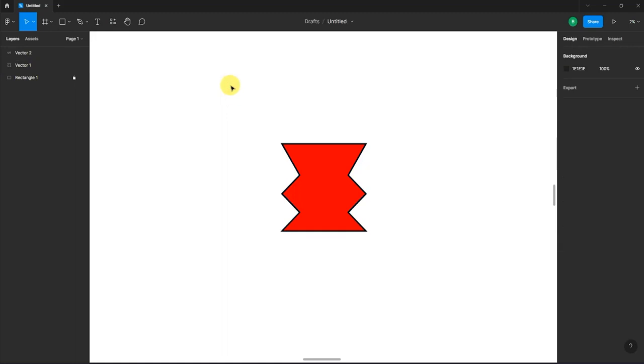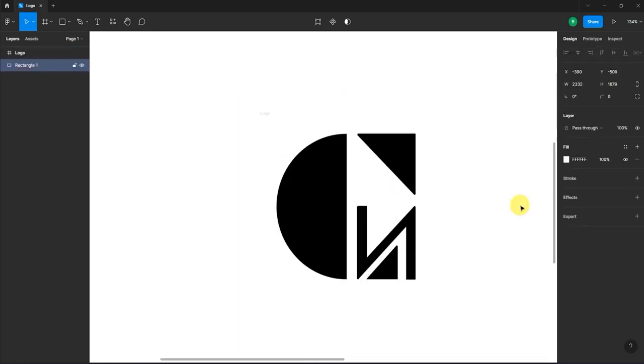You can make multiple designs by using shapes and pen tool options, like a simple illustration, a logo, or a very complex